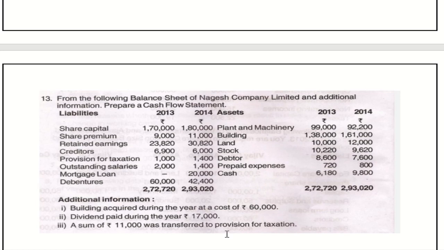Whether they are given, definitely they will tell whether it is income tax paid or provision for taxation. You have to see here, they have given provision for taxation. So I told you, while preparing the taxation account, next,